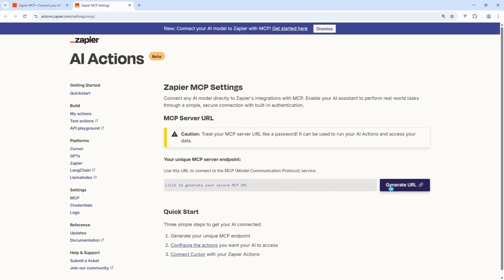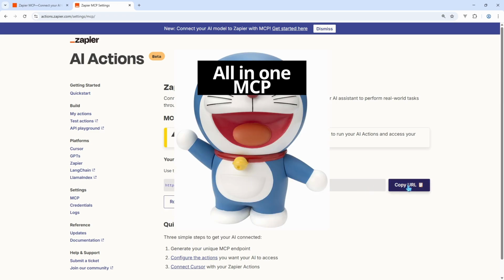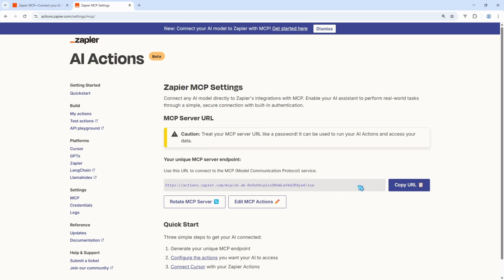This is the page where we generate a URL for the all-in-one MCP server. And it is also the place where we can configure the 8,000 automation tools connected with Zapier. Click on Generate URL, copy the URL, and if you need to generate a new URL, just click on this Rotate MCP Server button, which is what I will do after filming the video